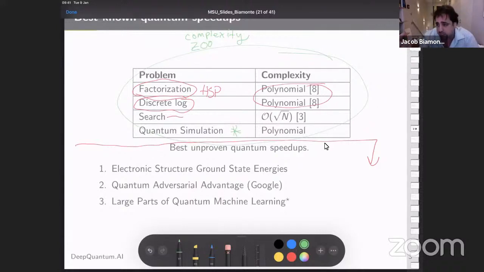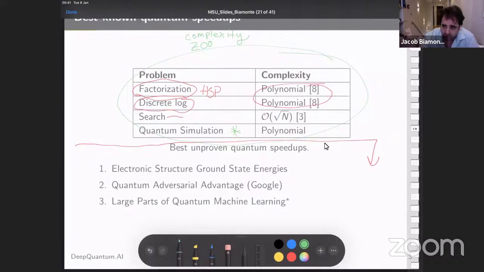One of the arguments that people use is what I call the anthropic argument. Molecules exist in nature that are found in their ground states. Therefore, a physical process exists to put those systems into their ground states. Therefore, we should be able to emulate that process on a quantum computer. This is a conceptual reformulation of what's called the Deutsch Church Turing thesis, which says that every physical process can be simulated by any other universal computing machine.